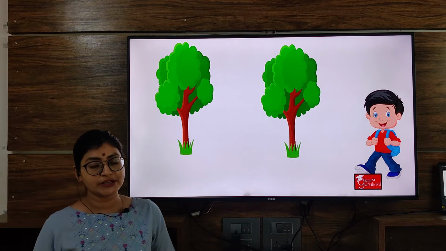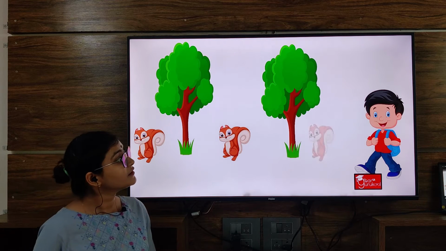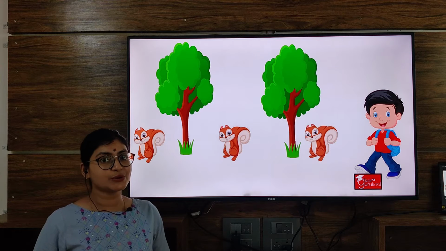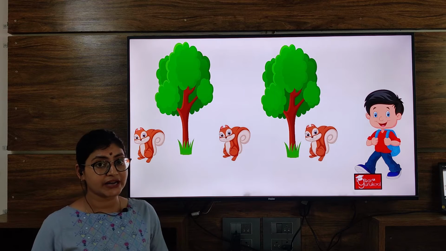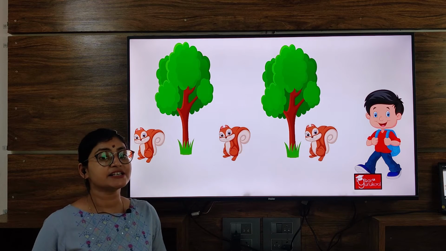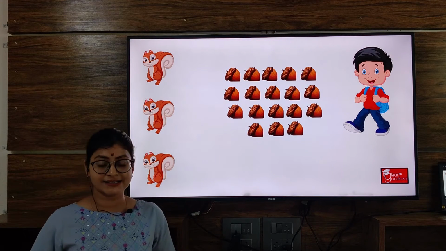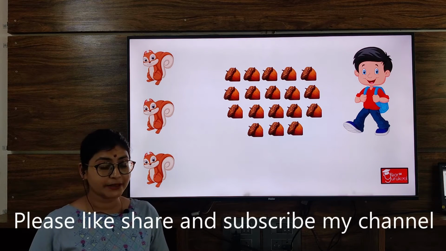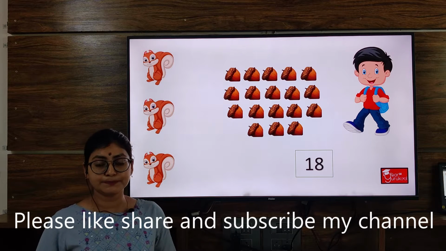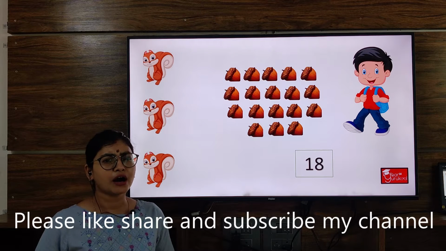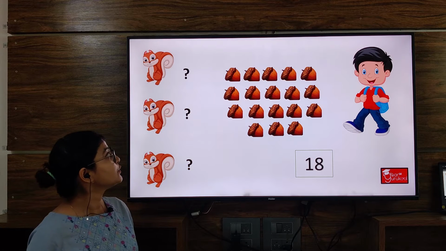One day he was going to his friend's house and he saw three cute little squirrels playing in a park. And he thought, why not give them some treat? Just then he checked his bag and he saw that there were nuts in his bag, and he counted them. So he found out that he has 80 nuts in all. But he got confused, like how to divide these nuts equally amongst these three squirrels.